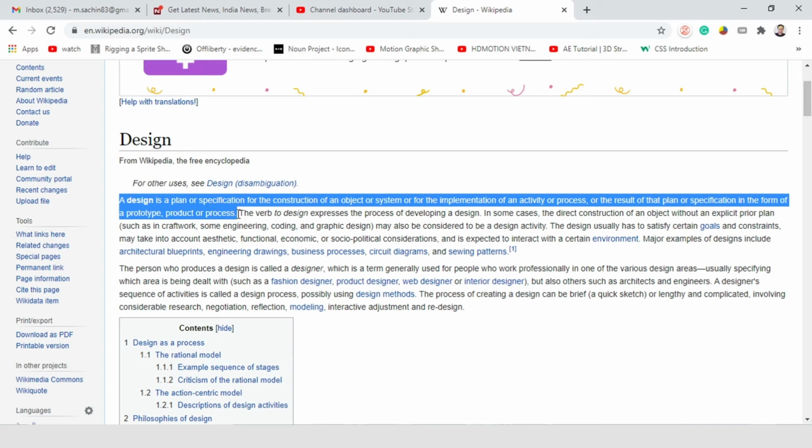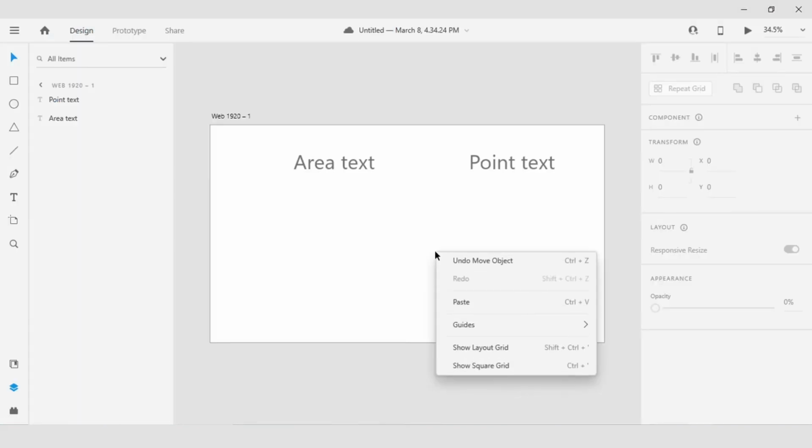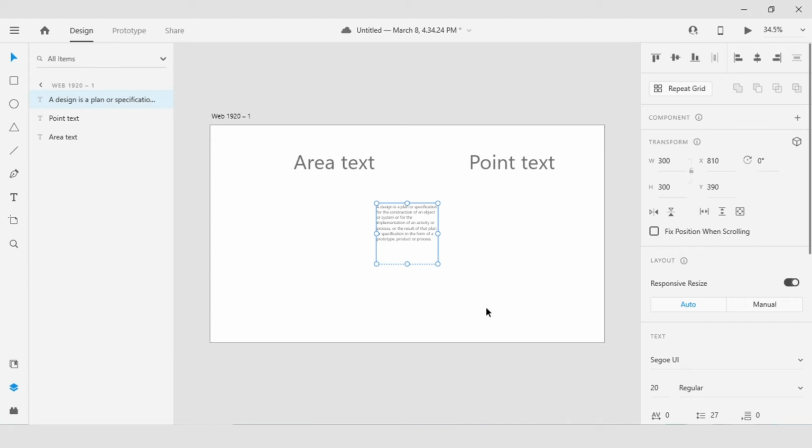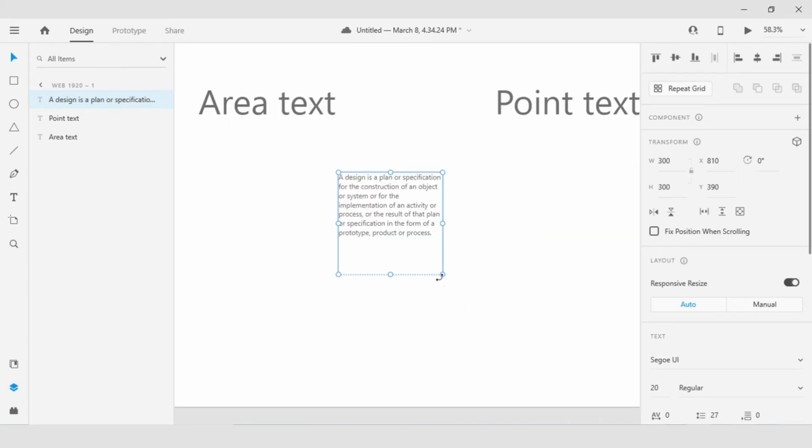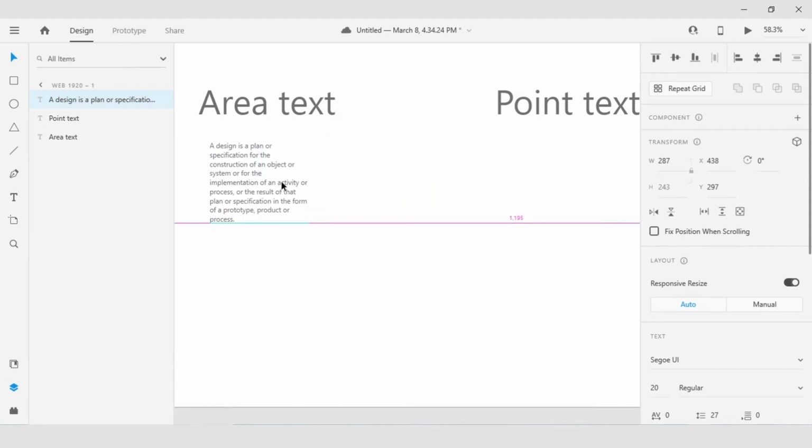Here on the design canvas, if I right click and paste that onto the canvas, it's going to paste in the center of my artboard. And as I mentioned, it's unformatted text. Notice that I have a text container here. I can come in and bring up the bottom of that container and reduce it to this smaller size. I can make this a wider container. Notice that I get red dots towards the bottom. That's letting me know that I'm clipping some of the text inside the container. If I double click, it will expand out to show all of that full text within the column that I have defined. So the height becomes variable.